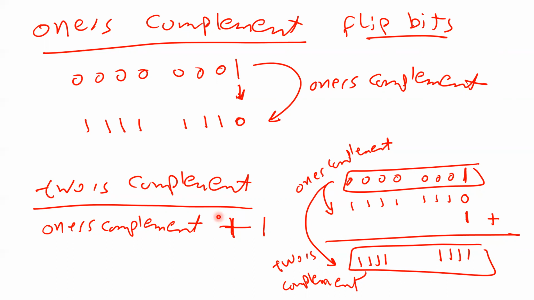Any questions? So for example, if I want to calculate the 2's complement of this number, 1 0 0 0 0 0 0 0, how do I calculate it? Number 1, I calculate the 1's complement, which is 0 1 1 1 1 1 1 1. Is that okay? And then I add 1. When I add 1 to this number, 1 plus 1 is 0 with a carry, and so on. So this is the result.